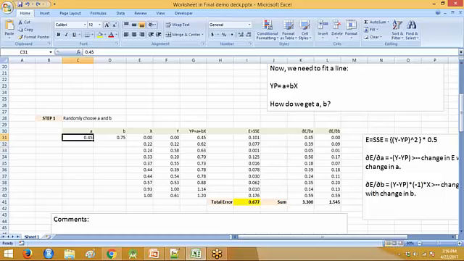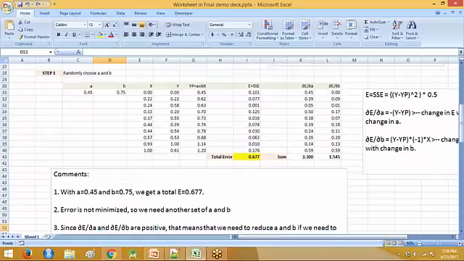And that's what dou E by dou A here is doing, which talks about what happens to the error as I change either a or b. So in this particular case, now that we have established that both a and b should be going down, as you would have noticed here,